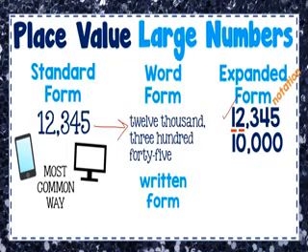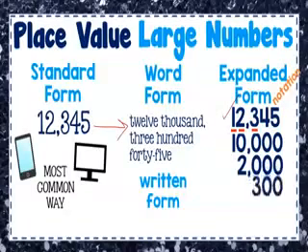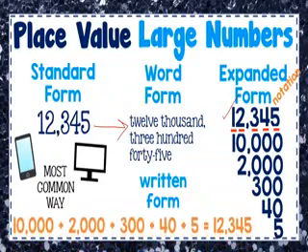Moving towards 2, it has the worth of 2,000. Number 3 is at the 100th place, so it has a value 300. 4 is at the 10th place and it has a value 40. 5 is at the 1st place, so it has value 5. When you add up all these numbers, you get the number